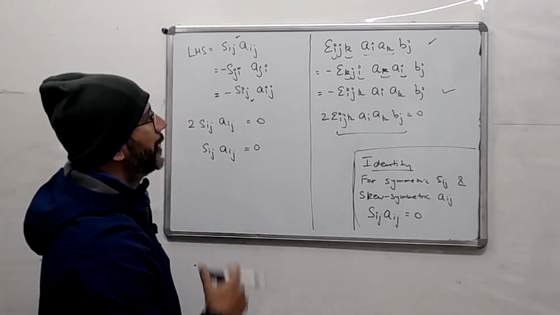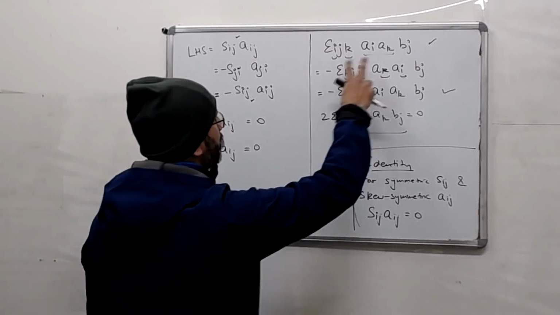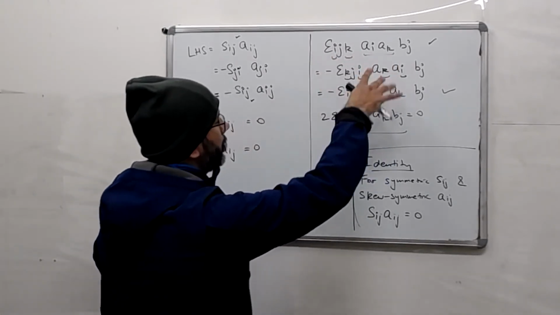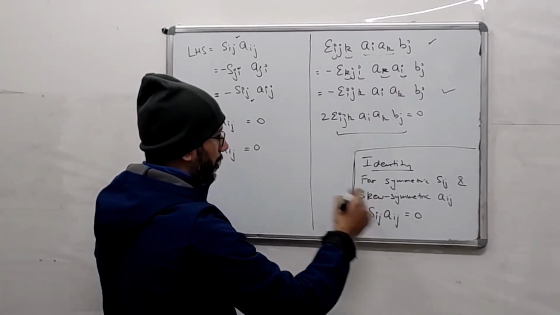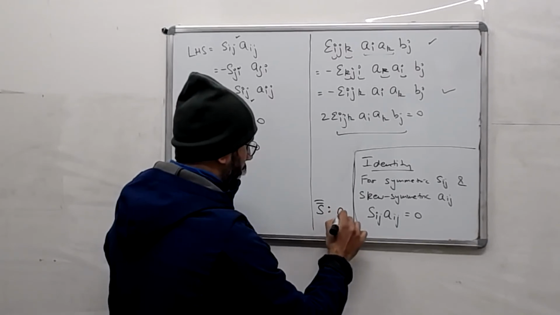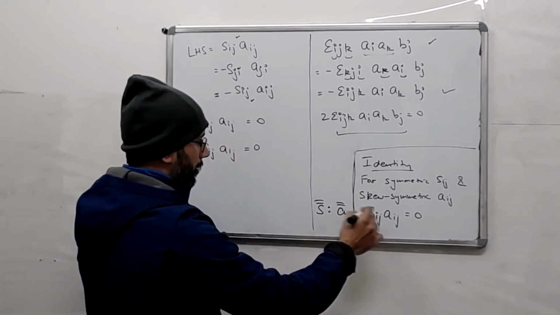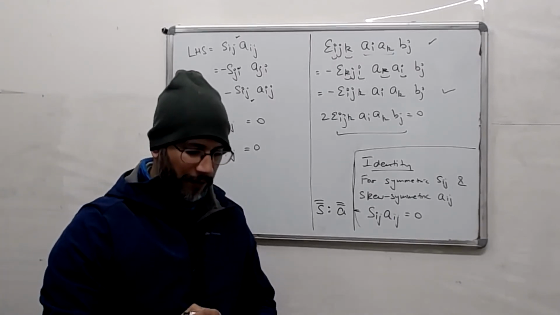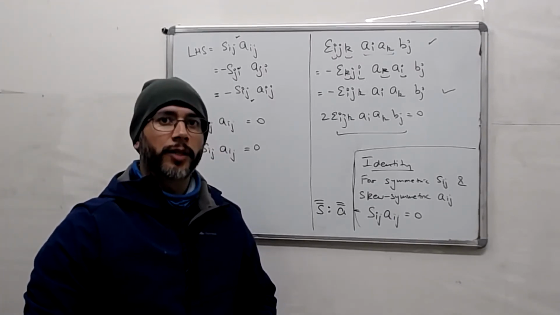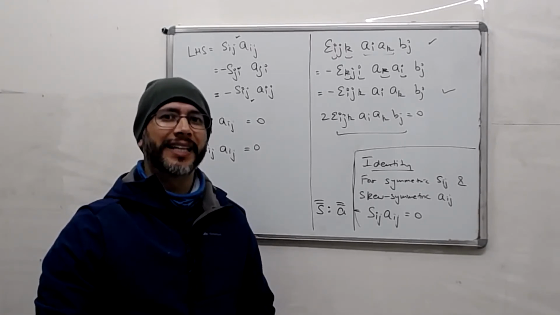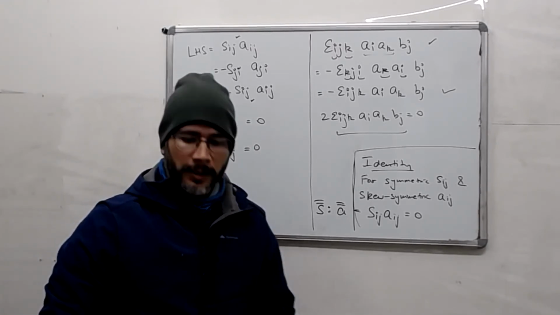But we don't need to show that again and again. We can simply say that we have a symmetric part in i and k, we have a skew symmetric part in i and k, and the product of that in the double dot sense, so this is S double dot A, is 0. A very, very important identity. You must remember that. But the more you use it, you'll get comfortable with it. You don't have to really remember it. It will just stay with you.